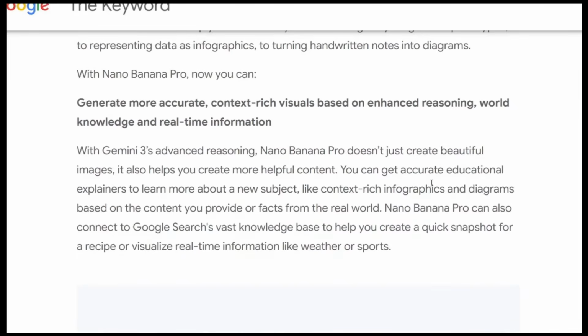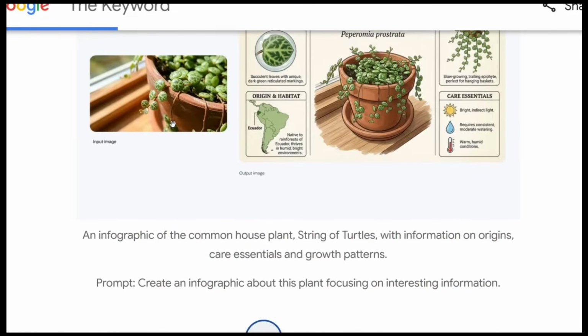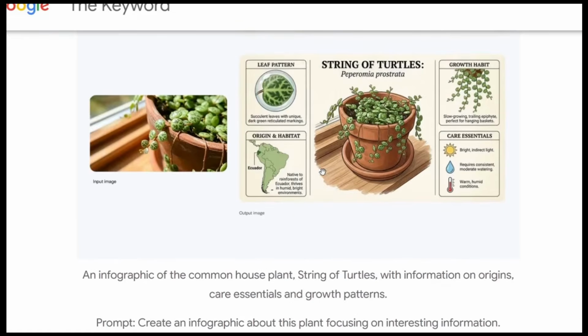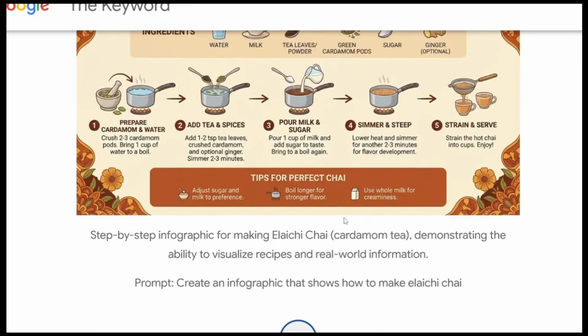So the first improvement that they have mentioned is generating more accurate and context-rich visuals. This is the first example that they have given. The input image is just some leaves and it has beautifully converted that into a poster like this. And the great thing is every text here looks perfect. There isn't any damage on the text. It's completely readable and it really makes sense. So this is the first prompt, and next one is here they have given a poster, and this is the